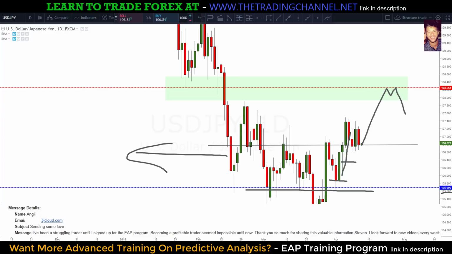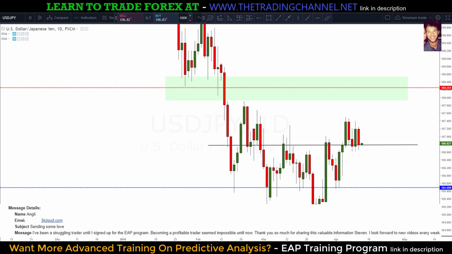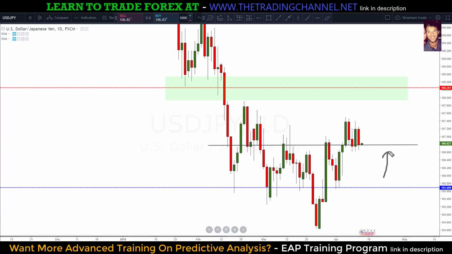But now that we've talked about needing to add other things to these major levels of structure, let's go ahead and point out our major levels of structure and talk about what we're expecting out of the dollar yen coming into this next week. So we have another major level of structure that is formed. The reason is because we have 1, 2, 3 times the market has used this level as support and resistance. Now this market broke into new highs and pulled back directly to that level. We're currently just hovering around this level at 106.82, but we will be looking on lower time frames for possible